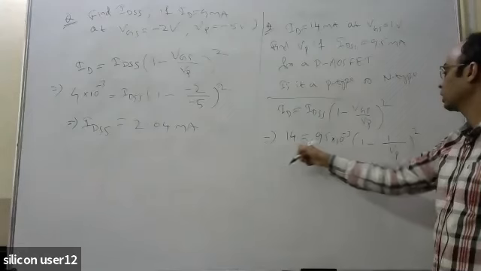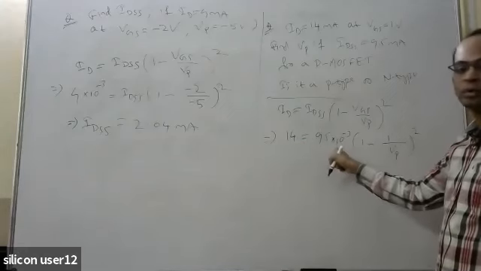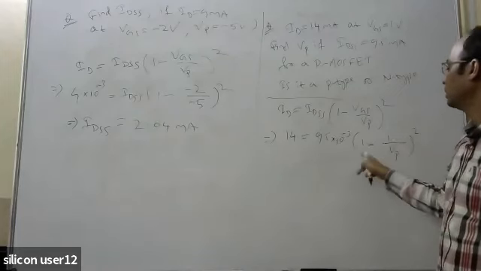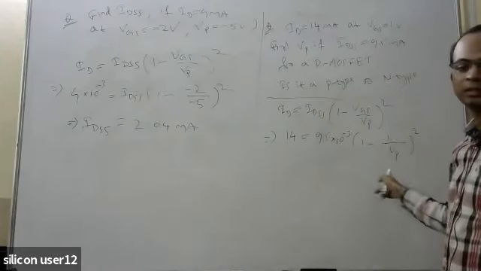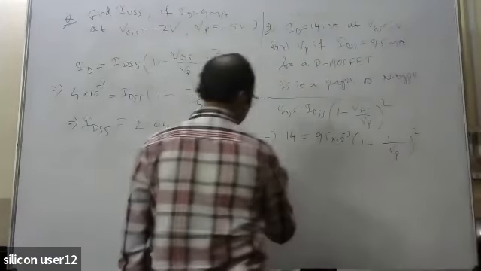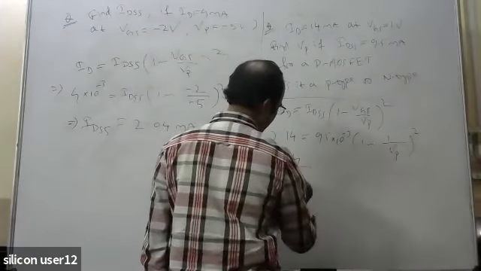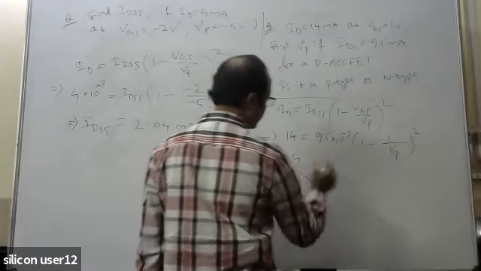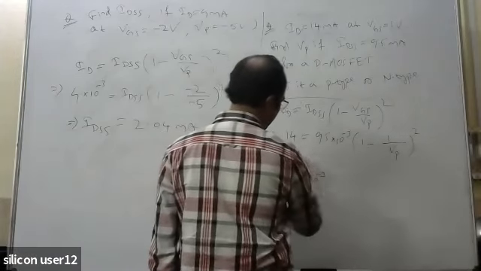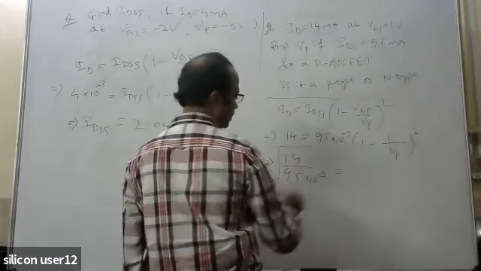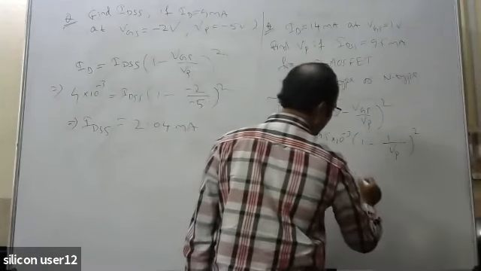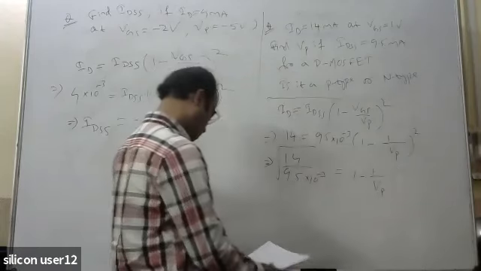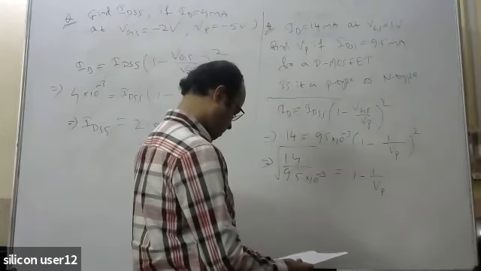Just divide 14 by 9.5, and after that take the root over it. After taking the root, 1 by VP will be equal to 1 minus that root result. Okay, so it is just a simple calculation. 14 by 9.5, root over of that. So this equal to 1 minus that. So you just calculate it and you will get